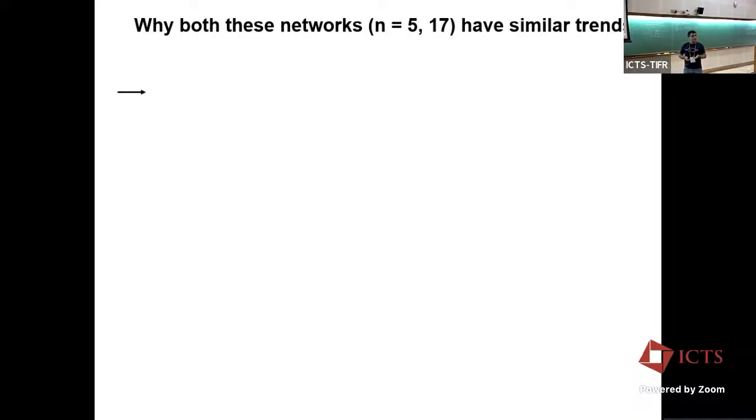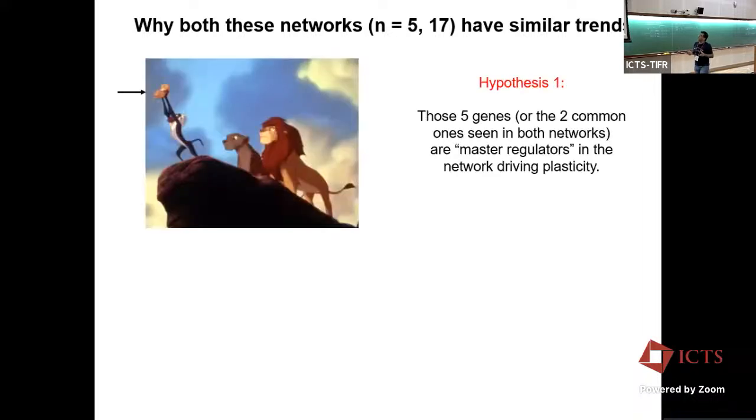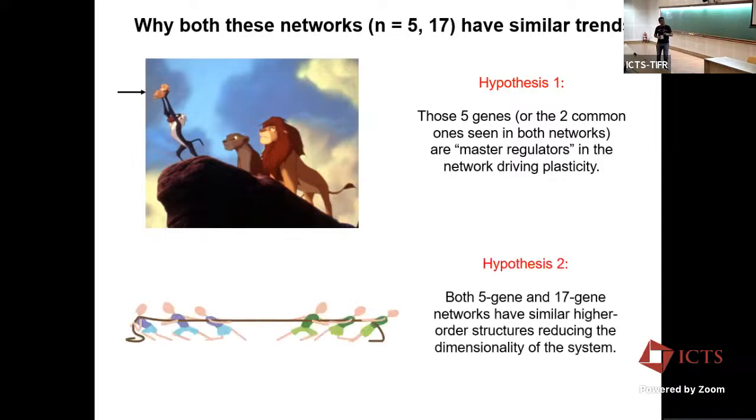But why are we getting such common results in both of them, that both of them seem to be able to explain multiple observations? So there are 2 hypotheses that we have. One is that these 5 are like so-called master regulators, which somehow occupy a higher pedestal in the network structure, and these remaining 12 here are mere supporters. Okay? And the other hypothesis can be that there are some other structures which these 5 and 17 dimensional networks collapse to,